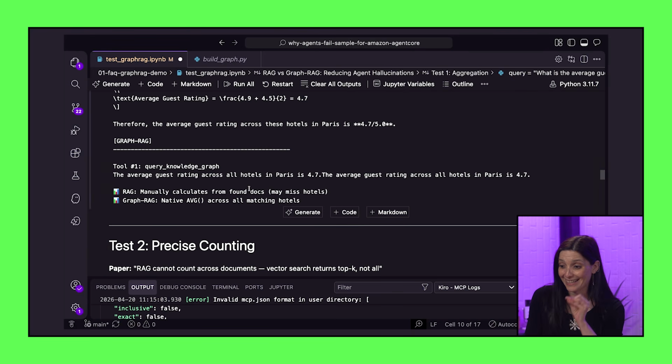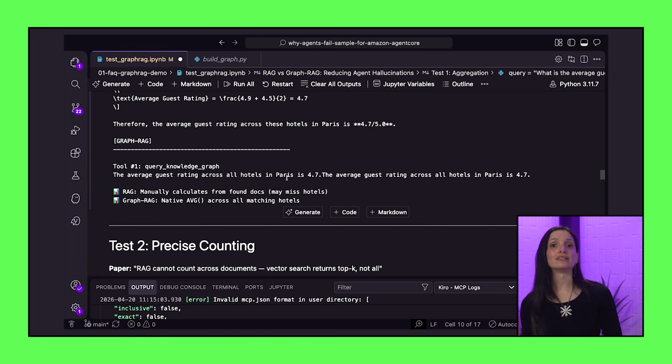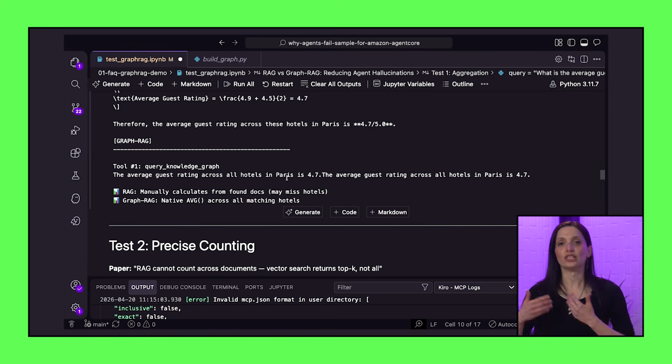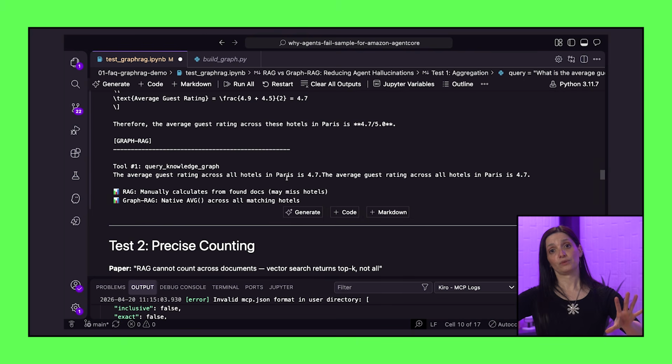For the knowledge graph, I only have the answer because the agent already has the average ready to use. The agent doesn't need to think about mathematical things. The agent is not doing this calculation. The tool is doing this calculation using all the data in my nodes. Now, the second one,